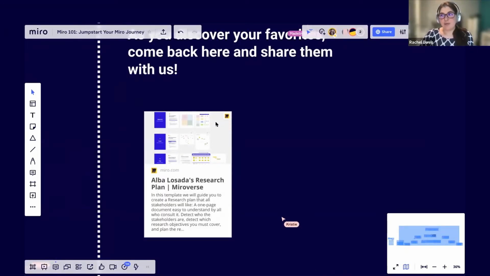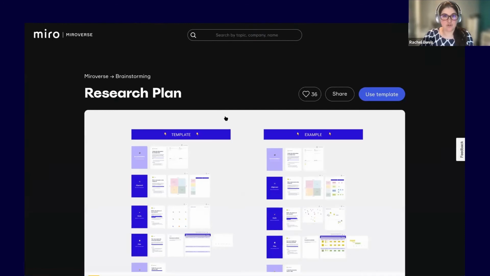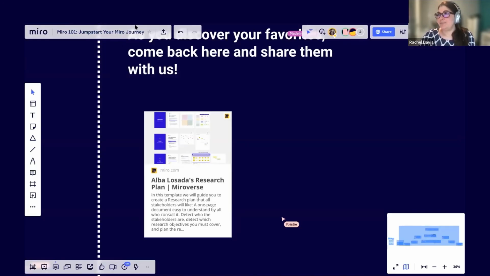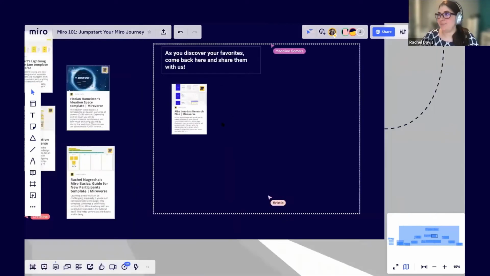So now people don't have to click on it and hit source. All they have to do is just click the little box in the upper right-hand corner. So it's just a different way to get them to that link. I found that to be a lot easier for people to get to links on the board instead of having to click them and look for the little source icon.